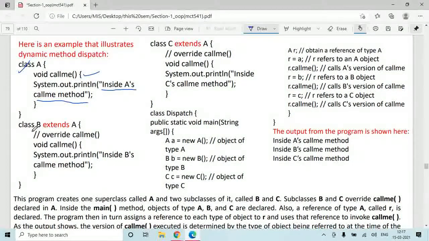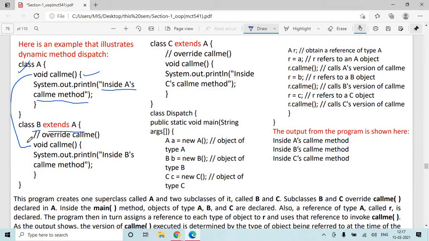We have another class B, which extends class A. Class B is not a normal class, it is an inherited class from class A. And in class B, we have overridden this callMe method.